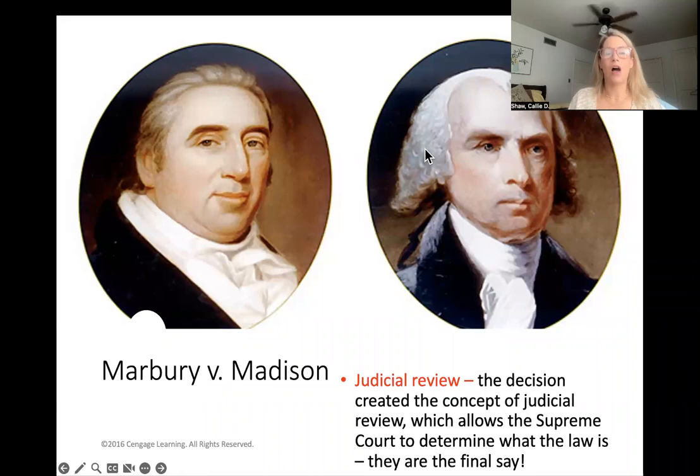So John Adams lost the presidency to Thomas Jefferson, who was a staunch anti-federalist. He was like, right, on federalism. So he believed in states' rights all the way. So you had two very polar opposite folks going against each other. And ultimately, again, Jefferson beat Adams. Now, Adams wasn't happy about that.